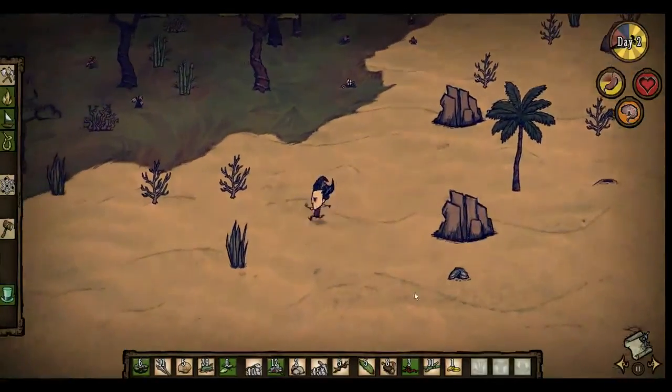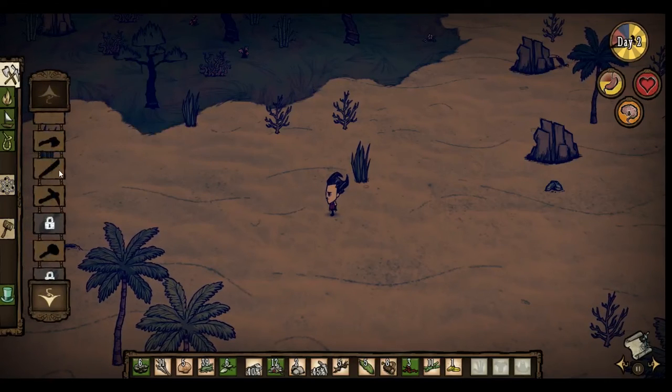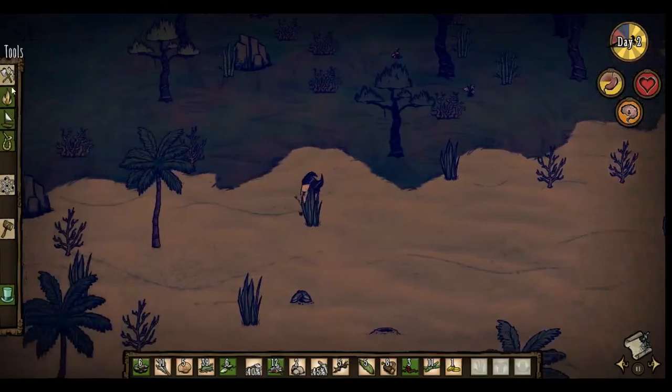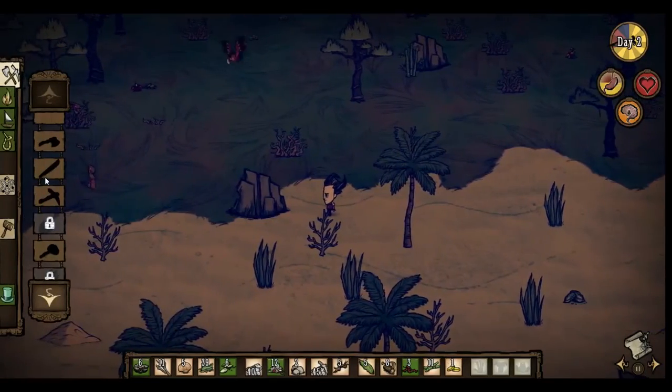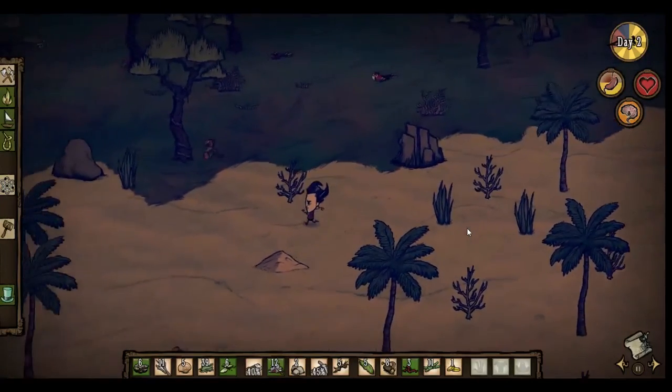But that said, we are approaching day 2. We have not done anything other than gather materials, and we have no more tools. This is not good. Oh! Did I get carried away and mess up? I think I got carried away and messed up. Alright, so I don't have